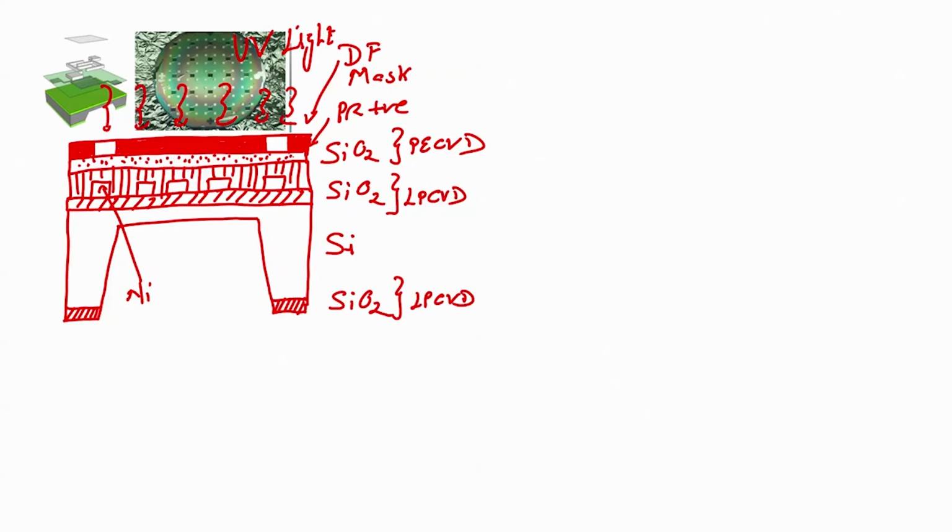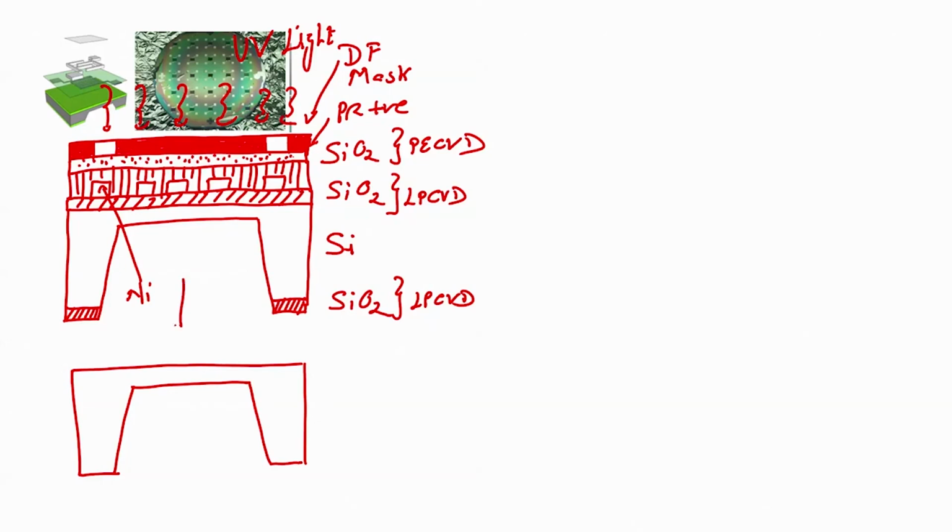When you expose the wafer with UV light, and then develop the wafer, right, expose the wafer, then develop the wafer. So, PR developer, you develop the wafer,